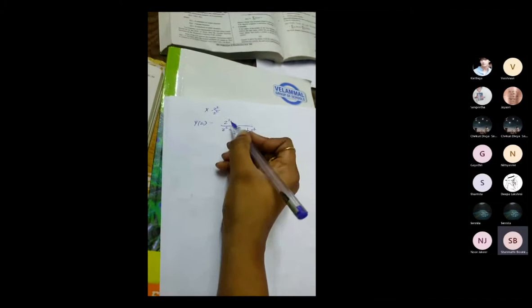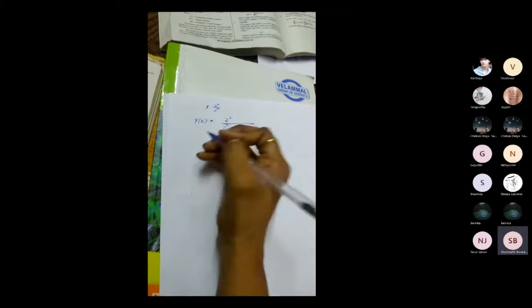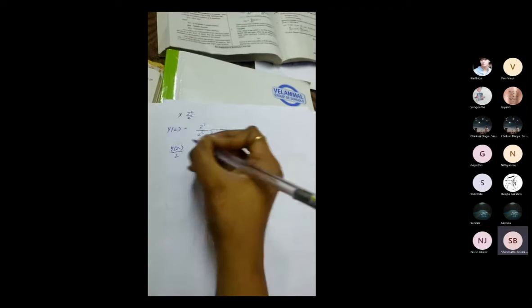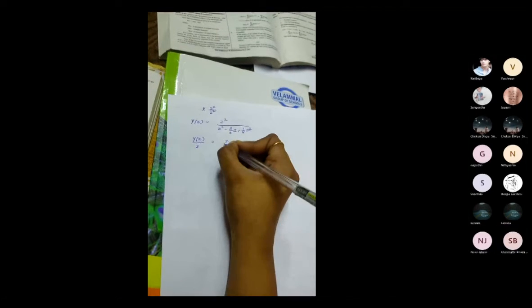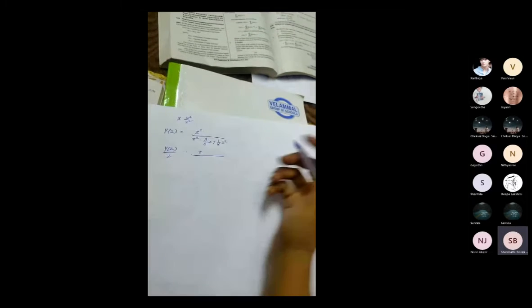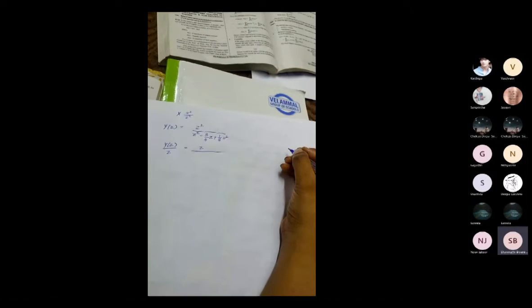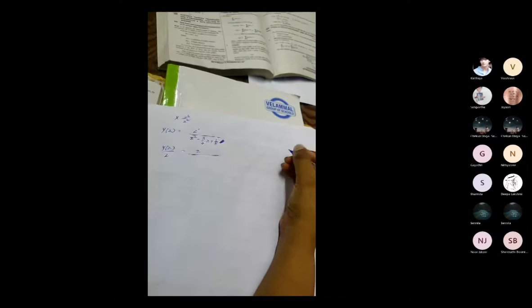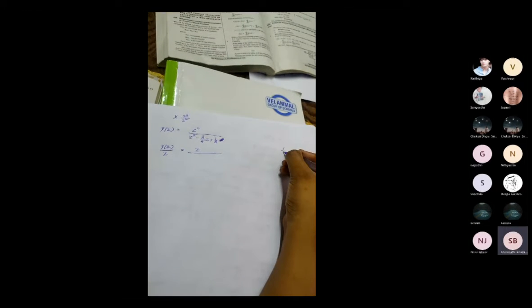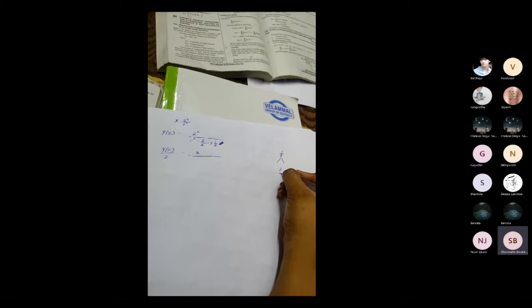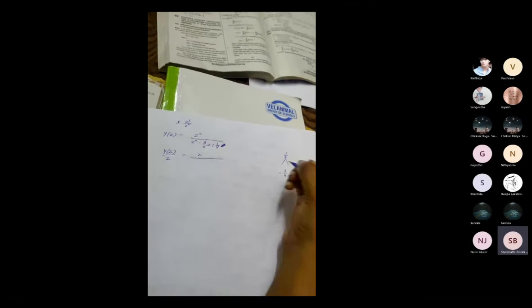So next what I'm going to do now, I'm going to take 1 Z from here. So I'm going to write like this. Okay, y of Z divided by Z equal to Z divided by, you have to find out the roots for this. What are the roots for this? If you multiply you will get 1 by 8, and if you add you will get minus 3 by 4.